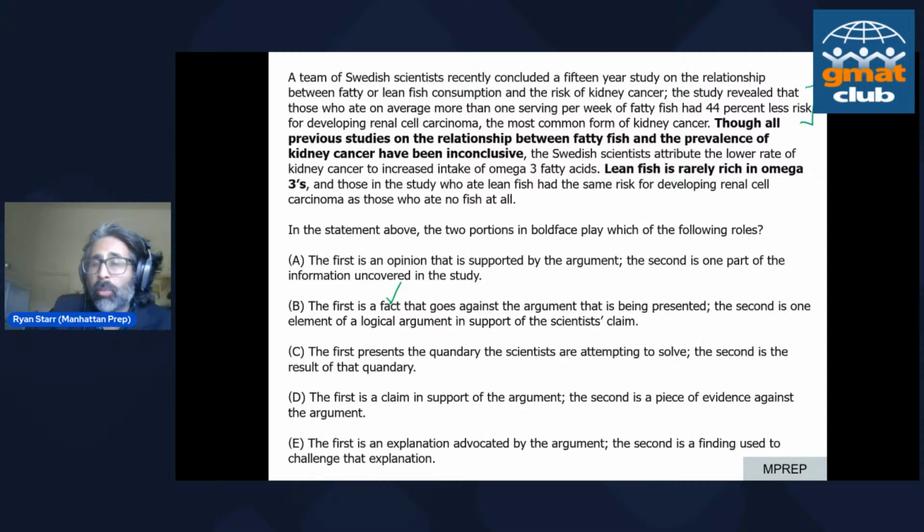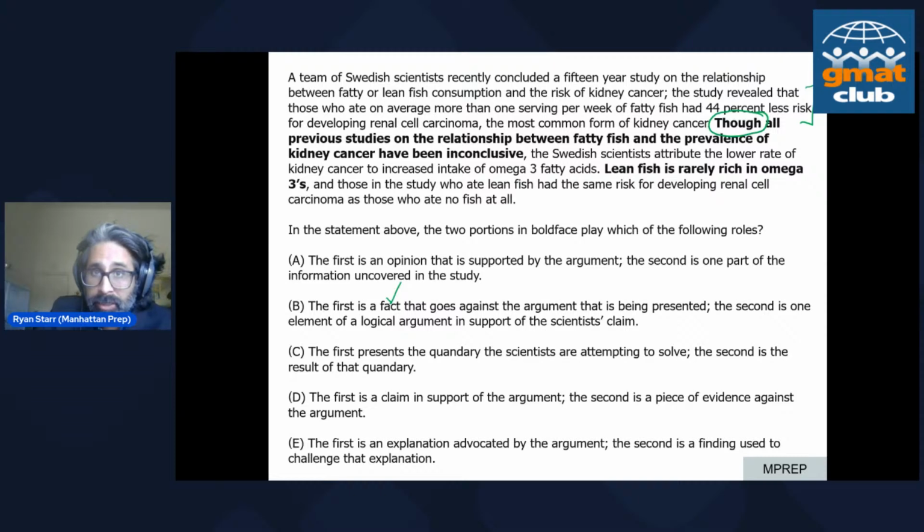The fact that all previous studies have been inconclusive definitely makes this study look like an exception, and in a certain way casts some doubt on this study, right? All previous studies on the relationship between fatty fish and the prevalence of kidney cancers have been inconclusive, but the Swedish study somehow is not. Now, does that mean that this fact goes against the argument that's being presented? If you're not sure,